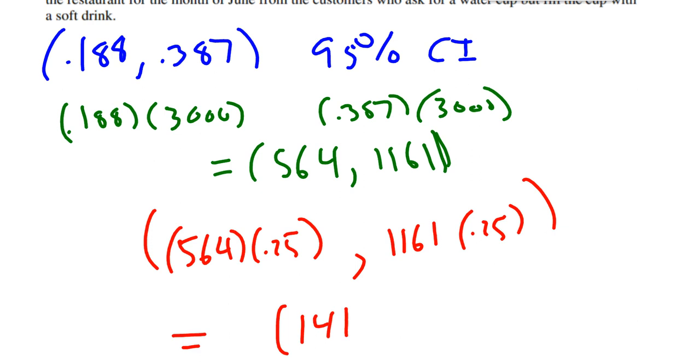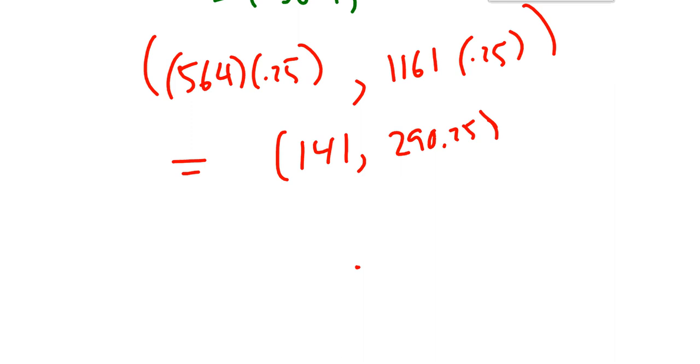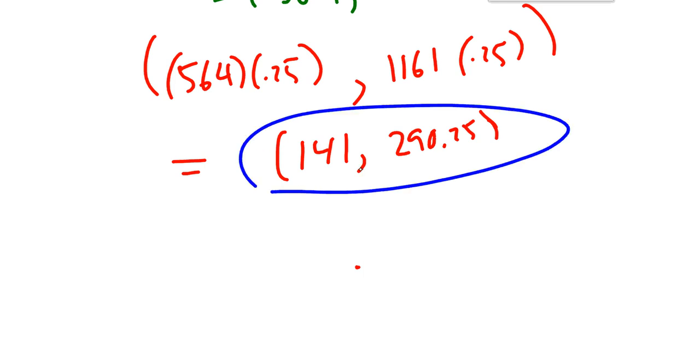I'm getting a low end of 141 and a high end of about 290.25. So we're 95% confident that the restaurant loses between $141 and $290 per month by giving cups to people who say they want water,